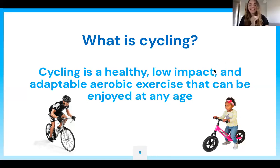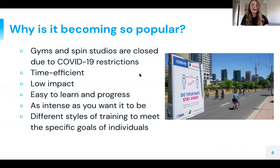And some people that did the Legacy Trail. Okay, so